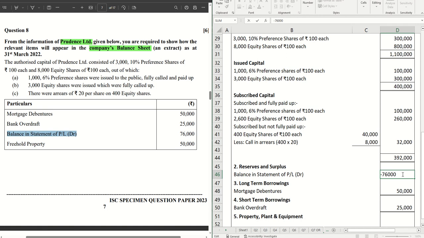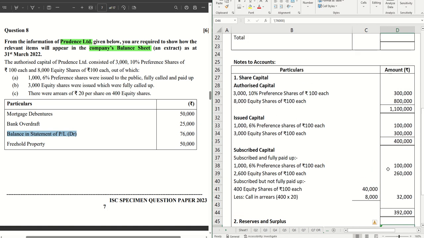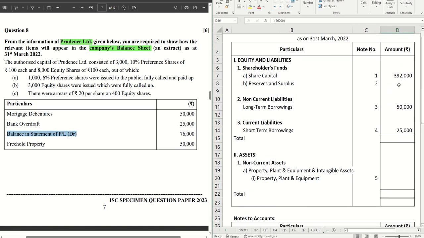That's important so that you do the correct representation in the balance sheet. So the same thing, you go to your reserves and surplus again here. Against this, you mention 76,000. All right, this is important to show